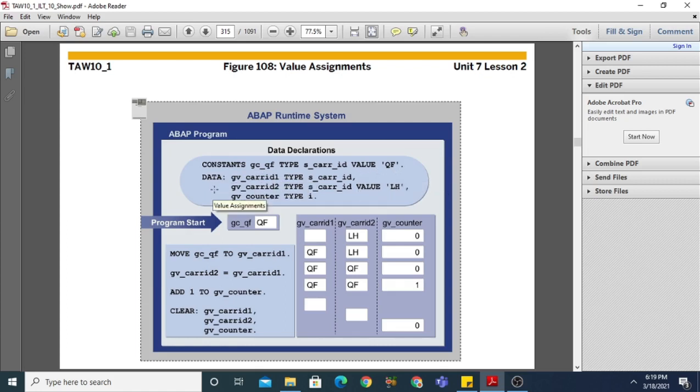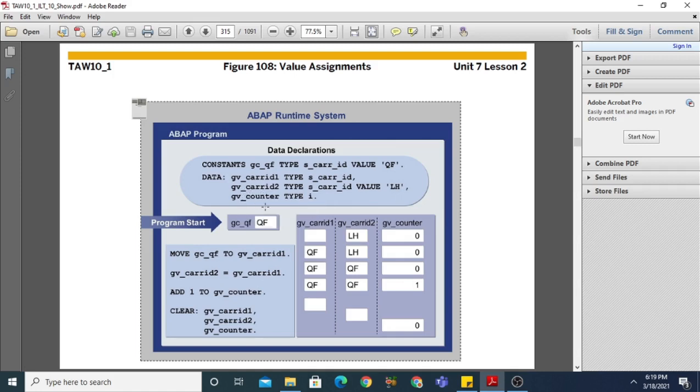Now come to the next data object: data gv_char_id1 type s_char_id. Again, s_char_id is the dictionary type, that is, your global type. In the next statement, gv_char_id2, the type is again a dictionary type. We are assigning the value ls, so we are making it a constant, so there is no need to use the constants keyword here.